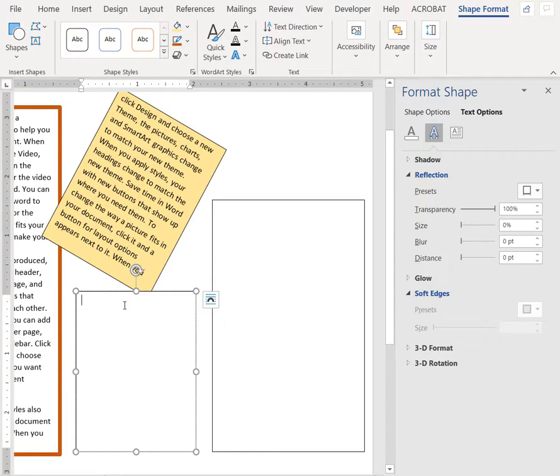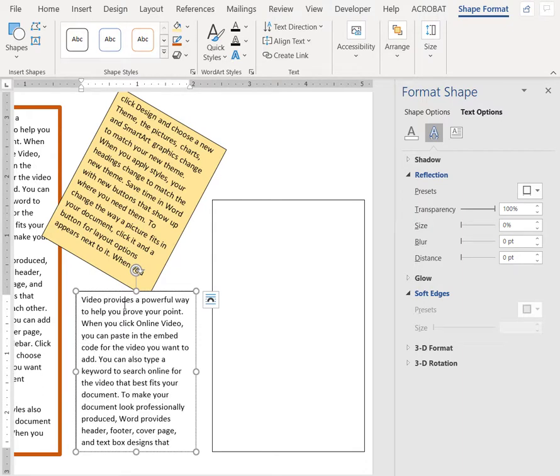And now I'm gonna insert new text. I know it's overflowing, so I will make this one flow into that one. And how do I do that? I go to shape format, create link,